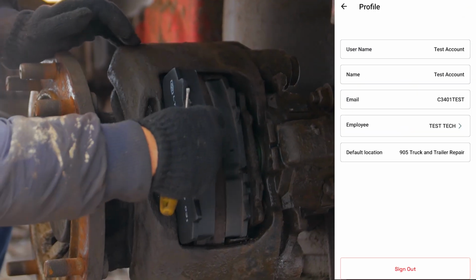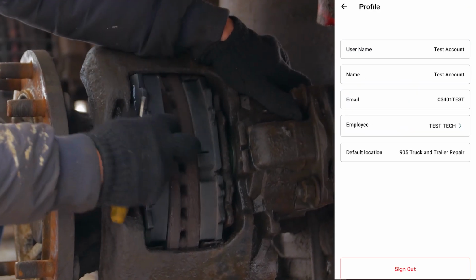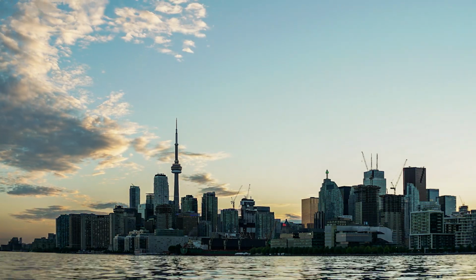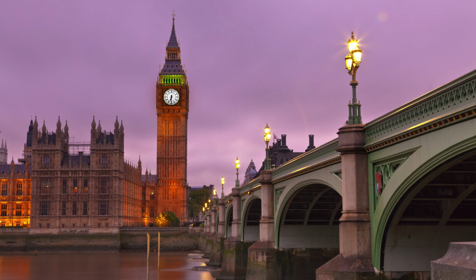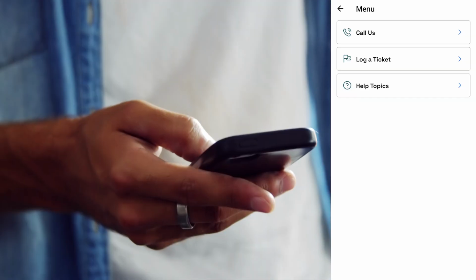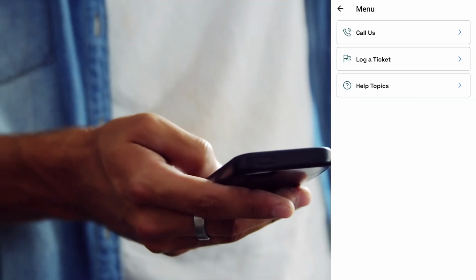The Profile menu gives you a quick overview of your user information and the default location that you're working from, whether it's Toronto, Canada, or London, England. It's no problem. Our fantastic North American-based support team is always ready for you, whether you need direct support or to log a ticket or troubleshoot yourself via our extensive online knowledge base at